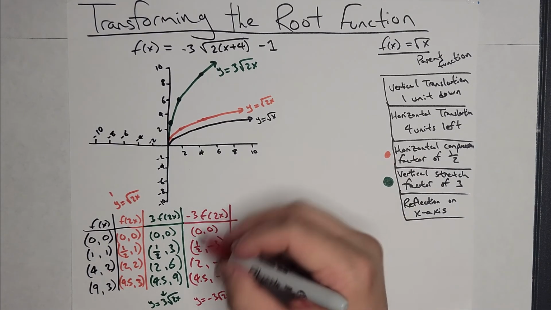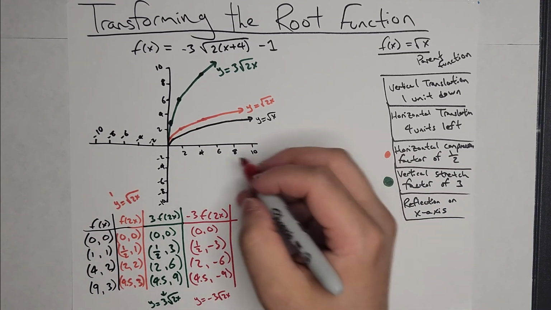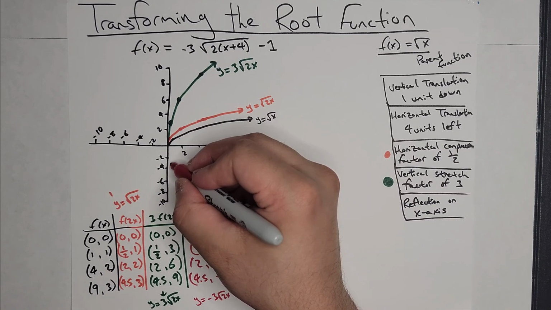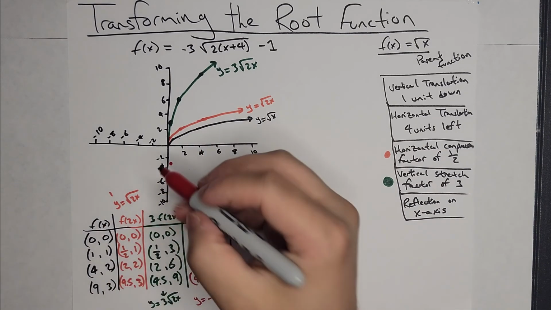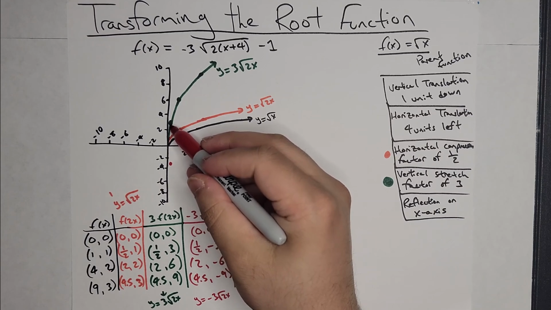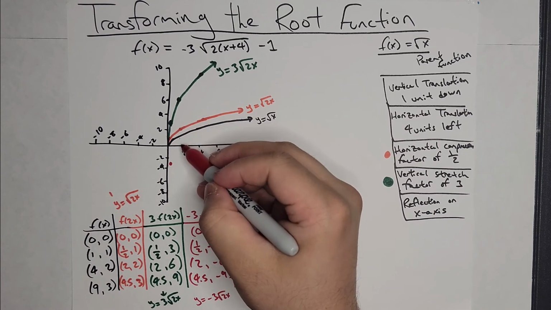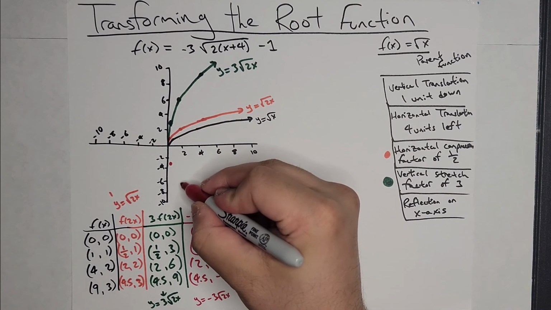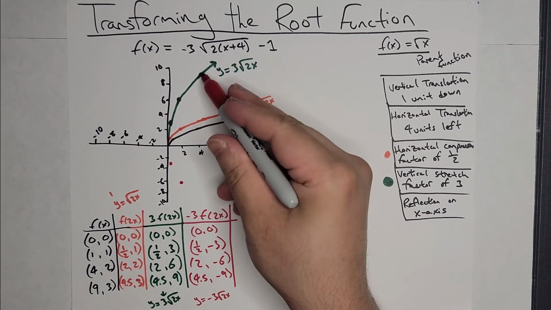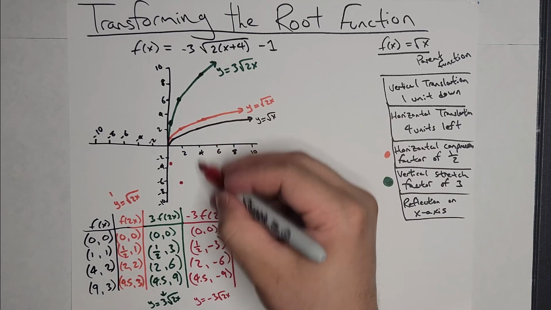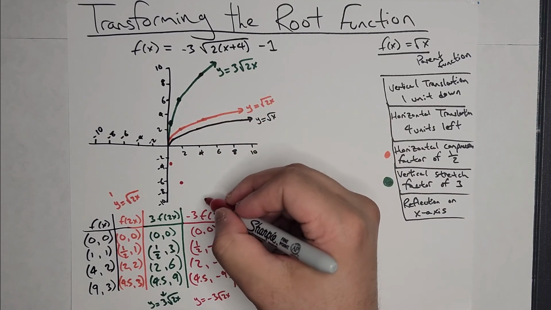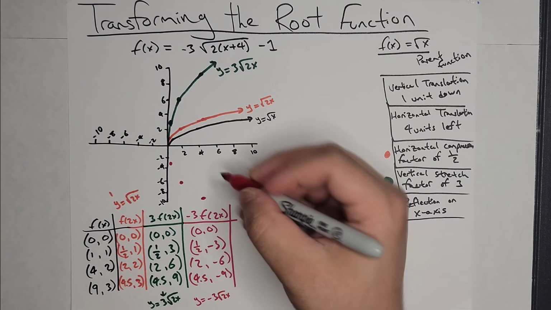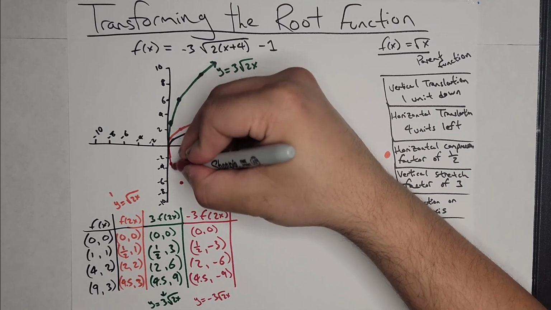So now let's draw this one. So we're going to have this value flipped. So that will become from 3 to negative 3, and at 2 we're going to have, instead of 6, negative 6. And then at 4.5 we're going to have negative 9, which is somewhere here. So now you can see